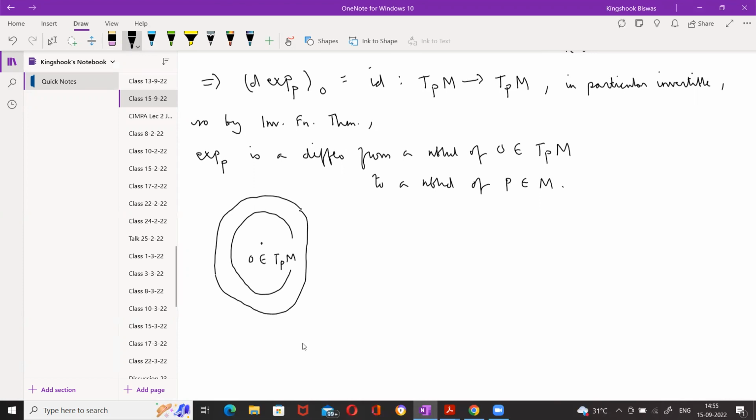Say this ball is B0R, and this sphere is S0 little r. And so the images of these under the exponential map,